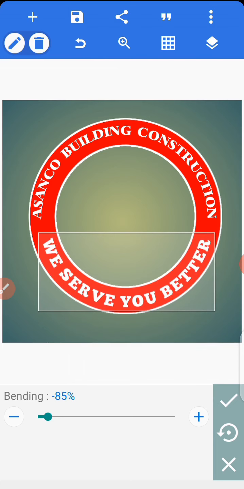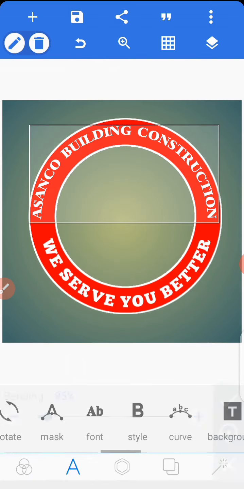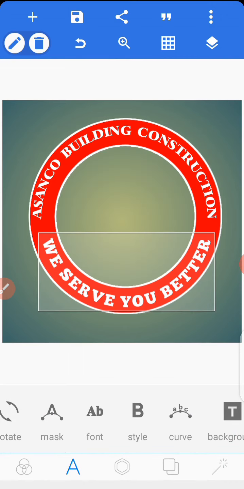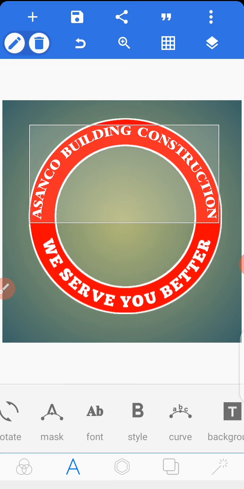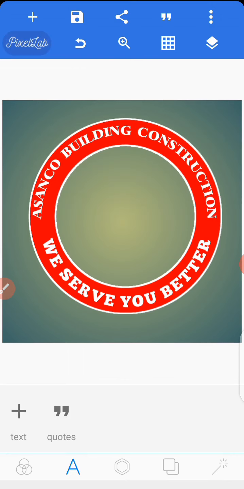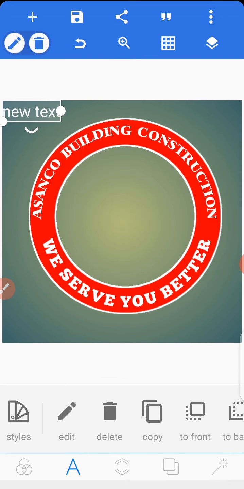Now all these two, we've not added stroke to the colors. So you can add stroke to it. Now we are about to end. Now we are going to add another text to it. But this time we are going to